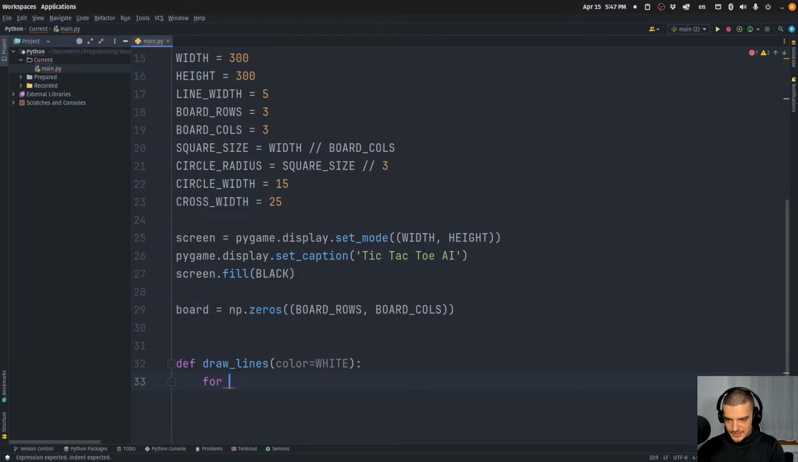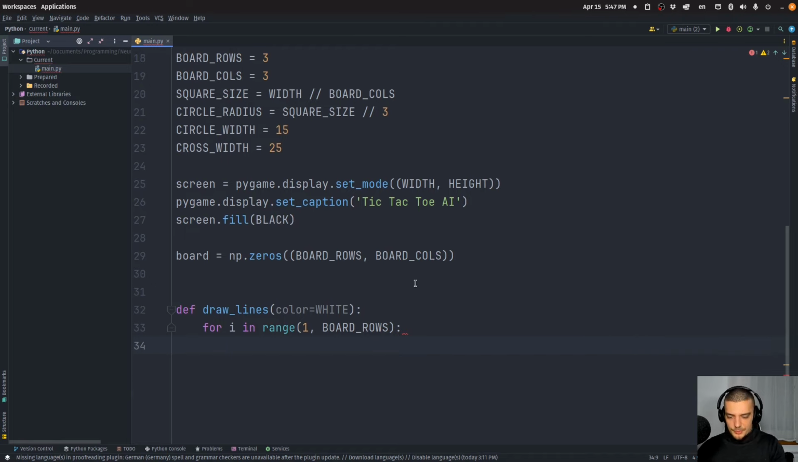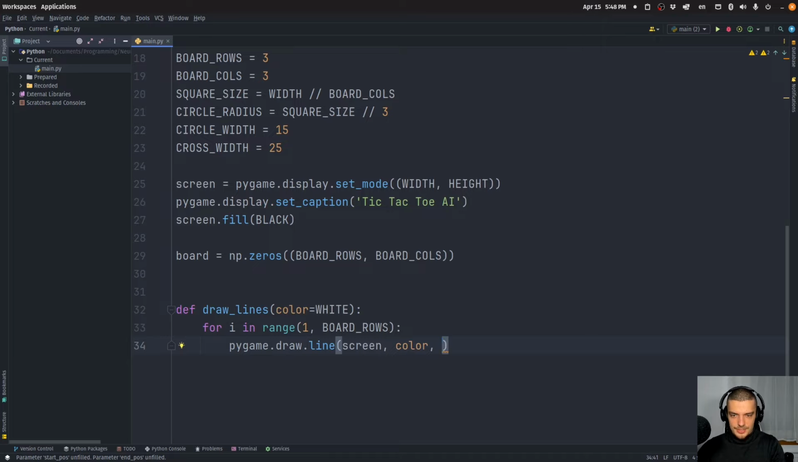So what we're going to do is say for i in range, we're going to go from 1 to the amount of rows. So we actually only need 2 lines. We need 2 lines horizontally and 2 lines vertically. And what we are going to do here is say pygame.draw.line, screen, color. So on the screen, draw a line with a color. And then we define